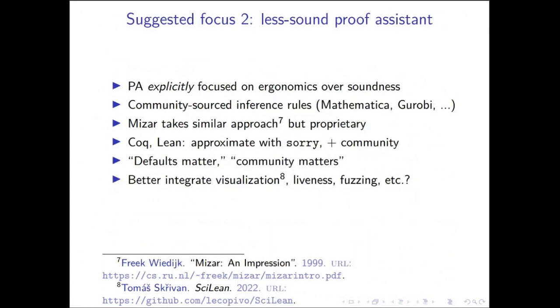And so this is sort of proposing maybe we should have proof assistants that are explicitly focused on being less sound. So tools like SMT solvers, which I assume Daphne is using, do sort of, well, maybe saying focus on being less sound is not right. I think focusing on ergonomics over soundness is a different way of putting it, right? So like SMT solvers,